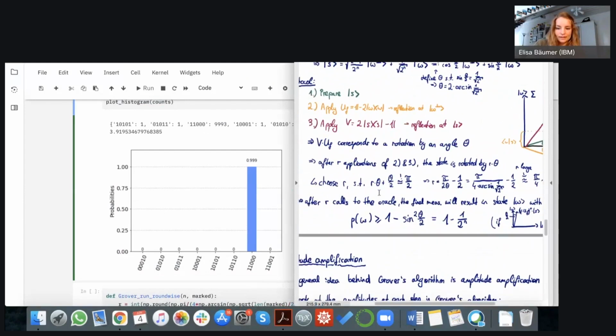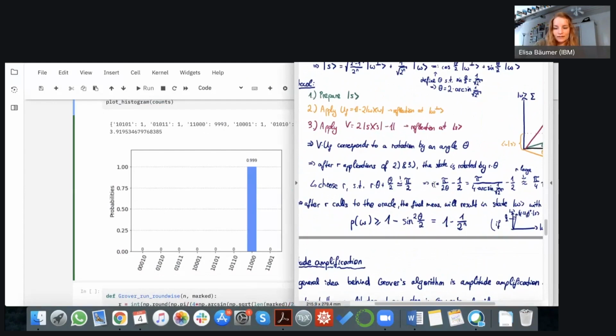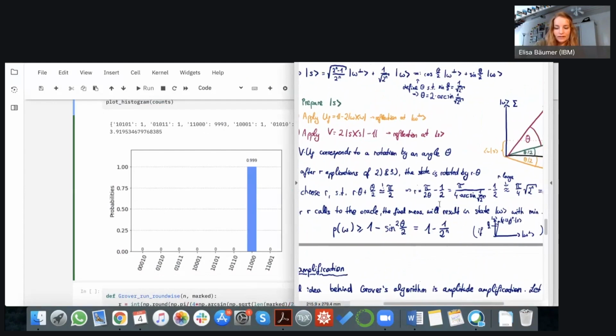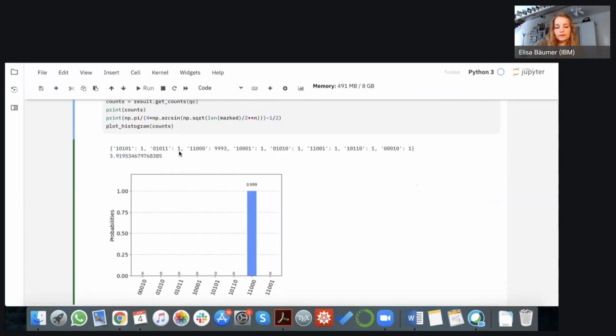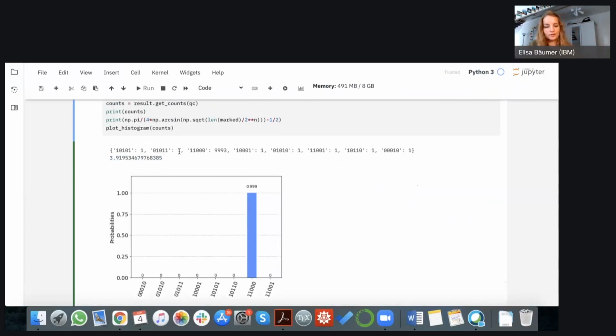And so we said this R should ideally be some number that we defined here, but in practice we have to round it, of course. So if I plot here what the R would ideally need to be, ideally we would get 3.92. But we chose it to be 4 because it was the closest that we could round to. And 3.92 is already pretty close to 4, which is why we still have a very, very high probability to get the right result. If we only had 3.5, for example, the probability here would be much smaller.